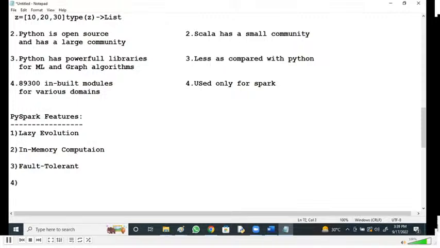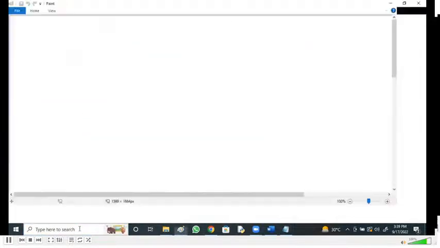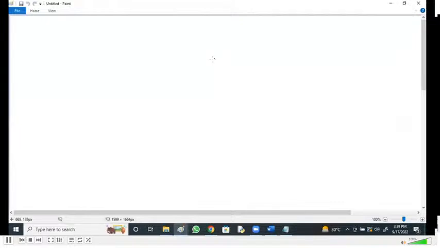Persistence. One more important feature is persistence. If you talk about Hadoop or other things, any transformations we cannot reuse. In Spark, we can reuse the transformations. For example, transformation 1 you applied, you got some output that is taken as input by transformation 2.